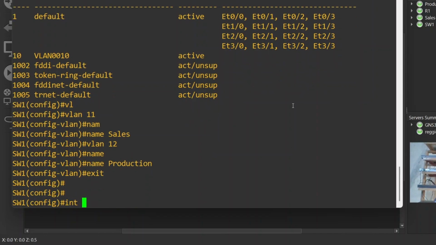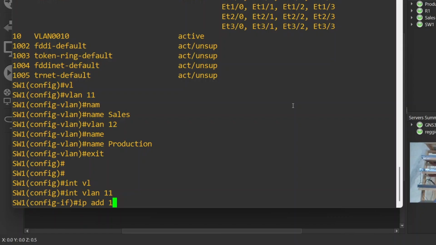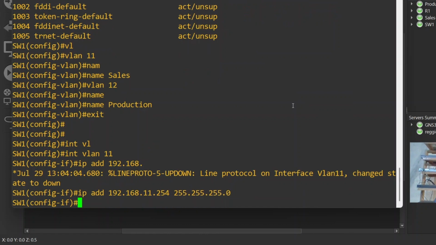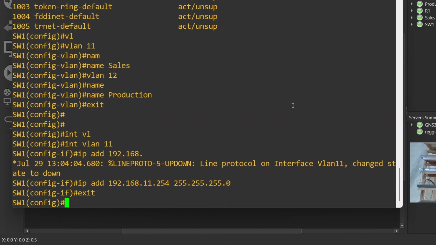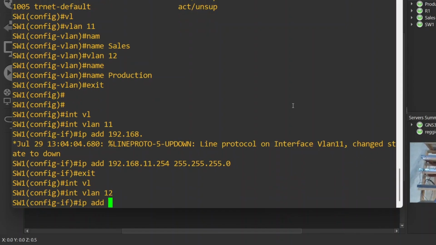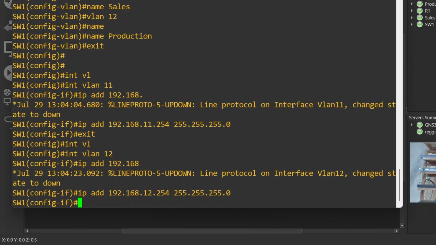And then I can just say interface VLAN 11, IP address 192.168.11.254, 255.255.255.0. Say exit. Interface VLAN 12, IP address 192.168.12.254, 255.255.255.0. I say no shut.